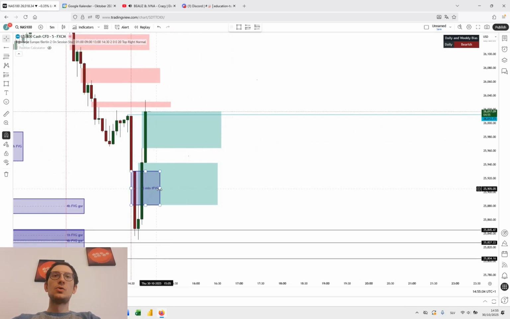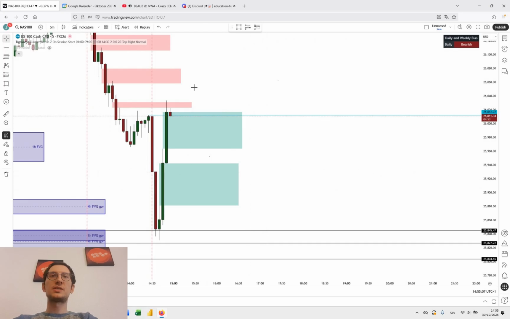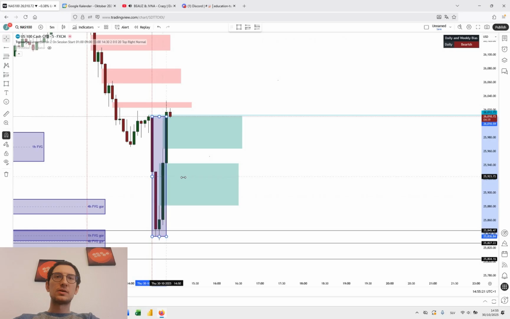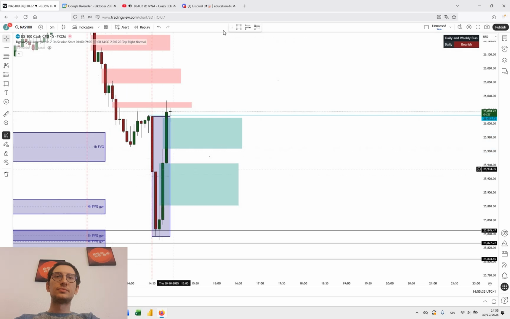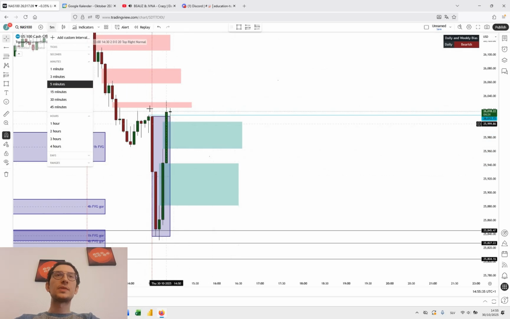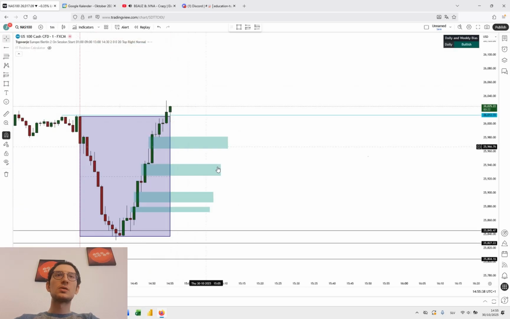Okay, look, we broke structure to the upside, okay? How do I know? Because this was the last high that we did. And then we broke above it, okay? We closed above it, okay? So now we are in bullish trend. And now we have the potential to reverse, okay? So what I did is I marked this order block, and we touched already the order block, so I'm gonna go